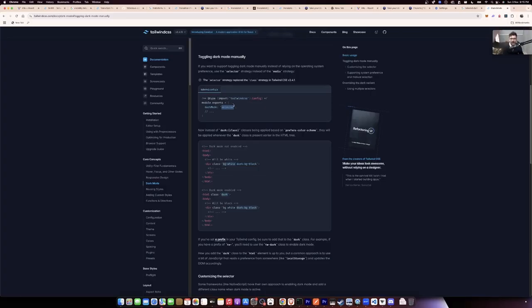You set dark mode to selector, which means there will be a CSS selector, look at it, and based on that decide whether this is a light or a dark preference of the user. Dark mode selector means whenever this user is rendering this application,